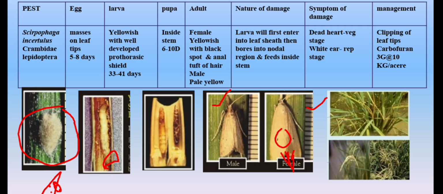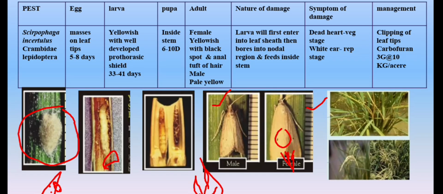And nature of damage. So here nature of damage, how the larva will firstly enter into the leaf sheath. So this is the rice plant. So what the larva will do, it will first enter into the leaf sheath, then from the nodal area it will feed inside the stem of the plant,